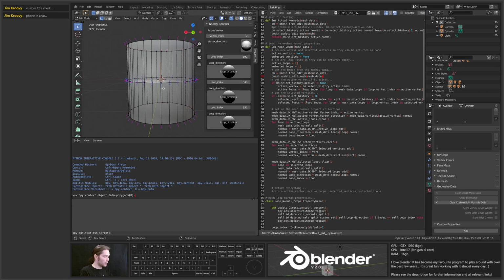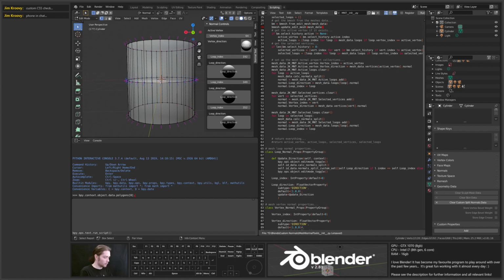Right now, if I select verts, we are not updating. Ooh, something's going wrong already. Why are we not updating? None type. Oh, because I need to have an active to start with when I run it. So now everything should kick in. So if I swap the active vert,